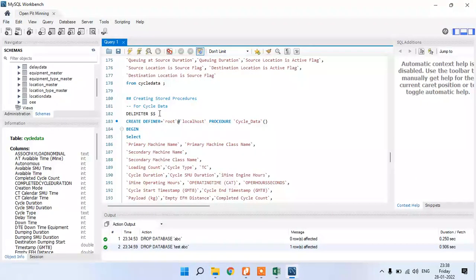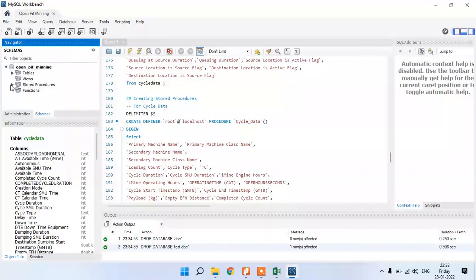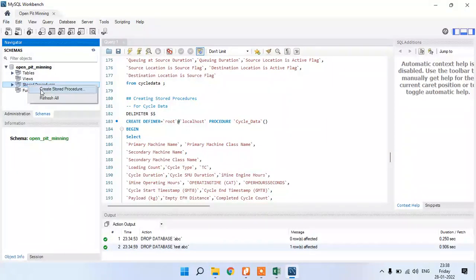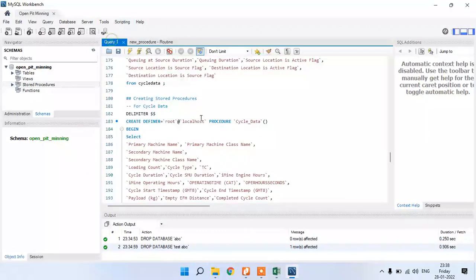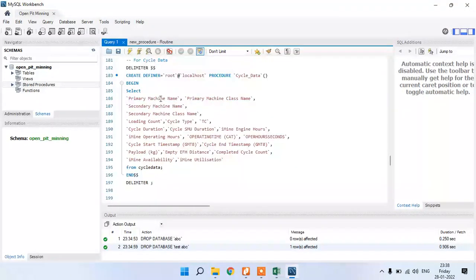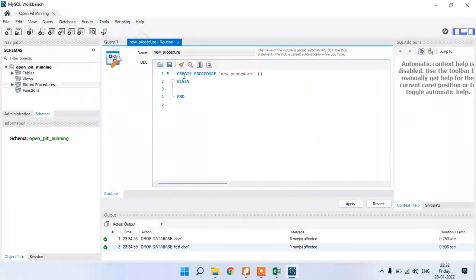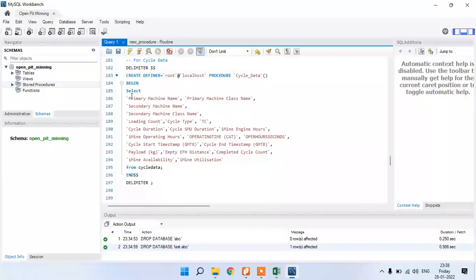Then I have created the store tables, right? How I have created that one? In order to create the store table, you can right click on the store, then create the store procedure. Here you have to add this one. See here, queries I have added. Select, see, begin is here, and then you have to type it. The select from here to here, you have to just copy paste it.